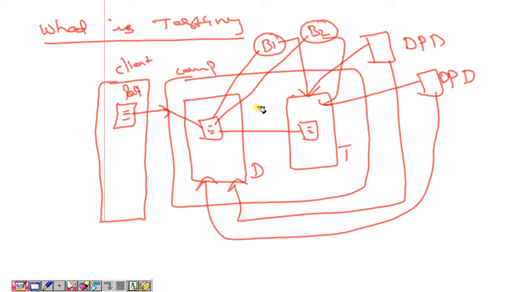So what does testing mean? It is just a process, going from the development department to the testing department and from the testing department back to the development department.